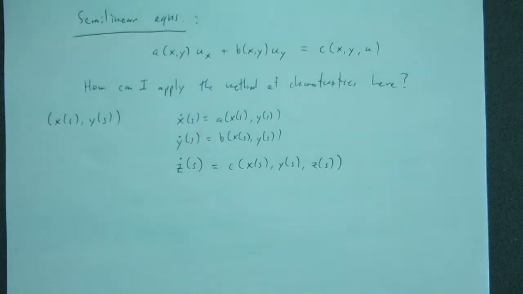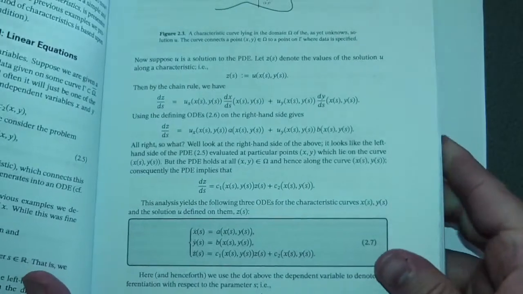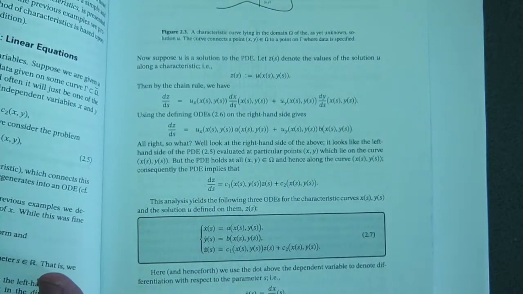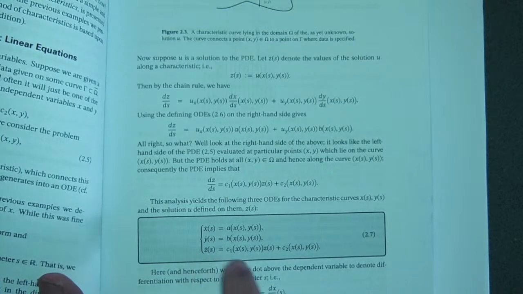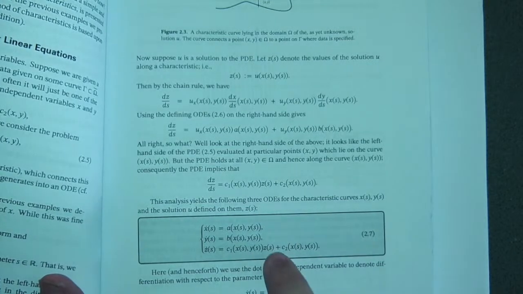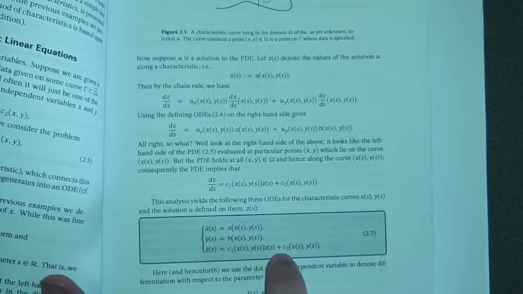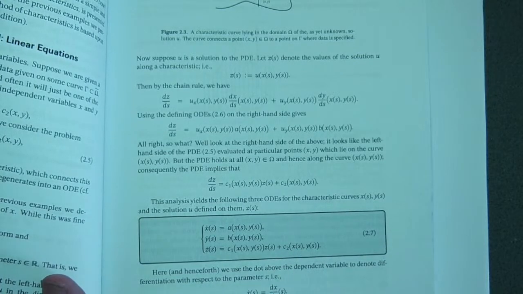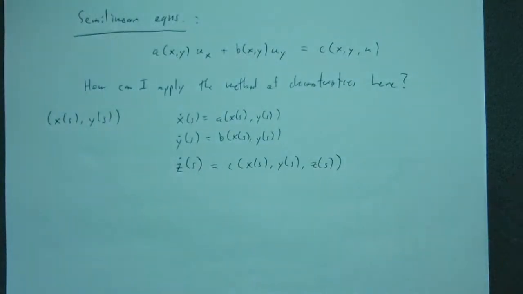Here we go. In my original characteristic equations, the first two are the same as I have written down for this. But the z equation had some coefficient function that only depended on x and y times z. That's the only place that z showed up in this equation, right? And then plus some other coefficient function with x and y plugged in. So this is very different because this last ODE